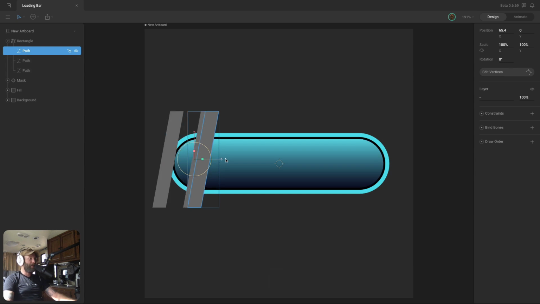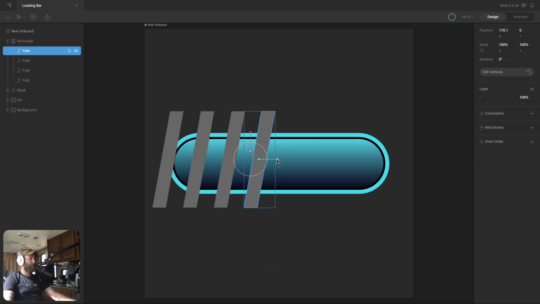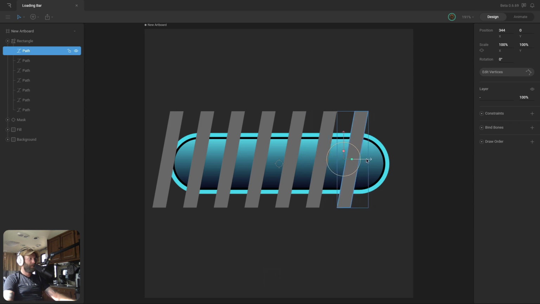Now I'm going to repeat this process over and over again until I've got enough of these rectangles to cover the entire loading bar. So maybe just a couple more. Almost there. Maybe one more.